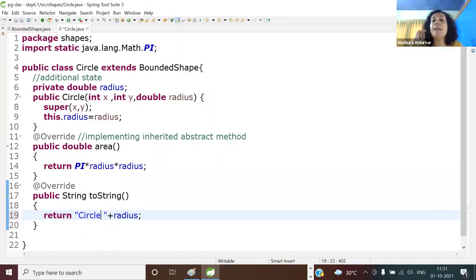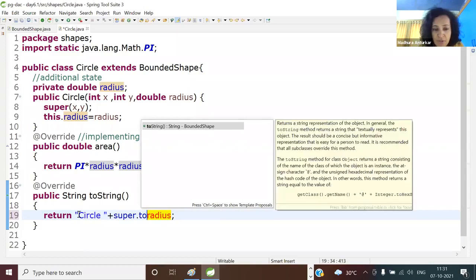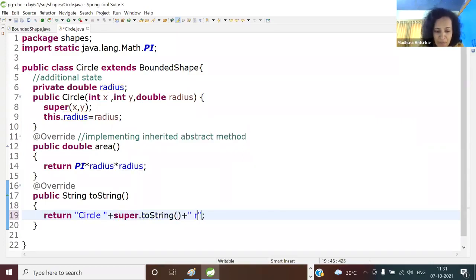Actually, I could have given the name to the shape also, like yesterday. I forgot to mention it in bounded shape. So right now I'll just hard code it here. Otherwise, I could have said get name, like yesterday we saw that. Anyway, so circle. Then I'll say here super.toString, and then I'll append it to radius equal to, sorry,